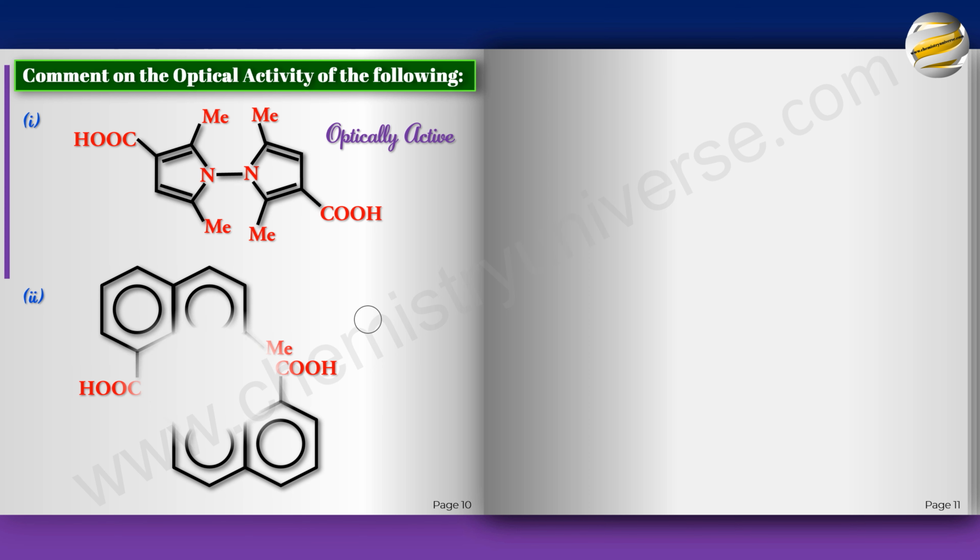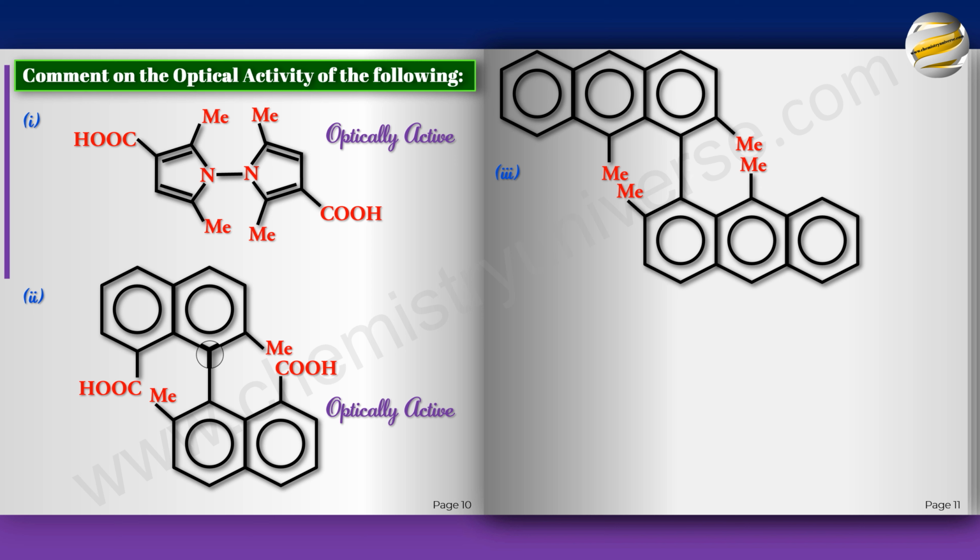Let's look at this one. Again, they will go out of plane. And the moment they go out of plane, let's assume this is vertical. Cut through this, everything gets cut into half. But when you cut, it will cut through here and there is no symmetry. Optically active. And you need to pause the video. The moment I give you the example, pause it. Pause the video now and then check.